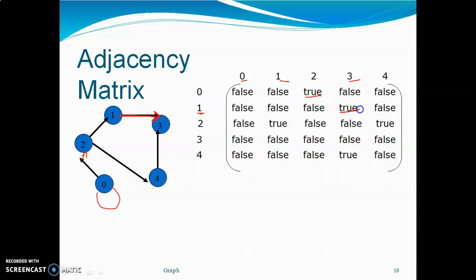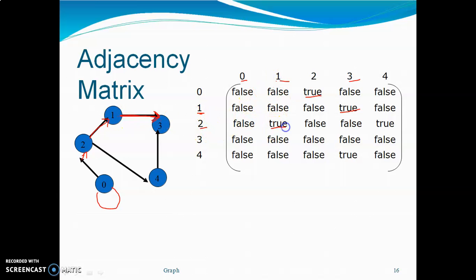So here we'll write true. Remaining all are false. We need not check the remaining. Whenever you check the edges for a particular vertex, in those places we can write true and the remaining all as zeros. Next, from vertex 2. From vertex 2, we have an incident edge or out-degree edge, only one, that is from 2 to 1. 2 to 1.